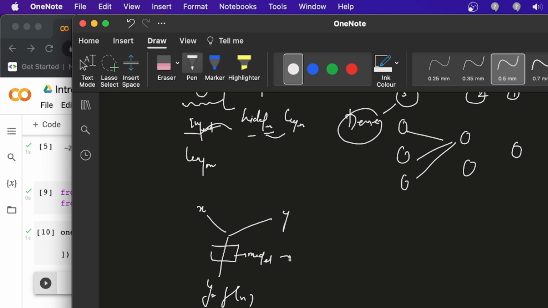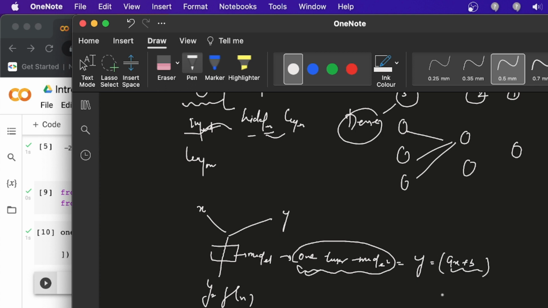So this model is your one layer model. Okay, that's perfect. Now we are going to use this model. Suppose the model is just like ax plus b, something like that. So you need to find the values of a and b.